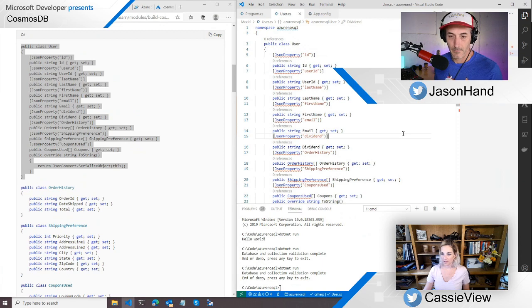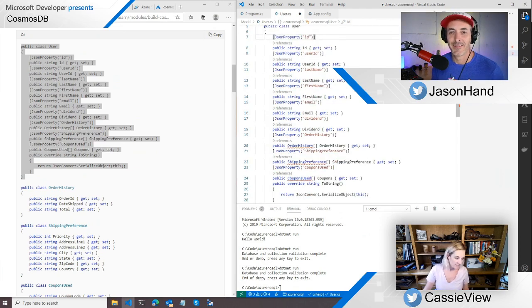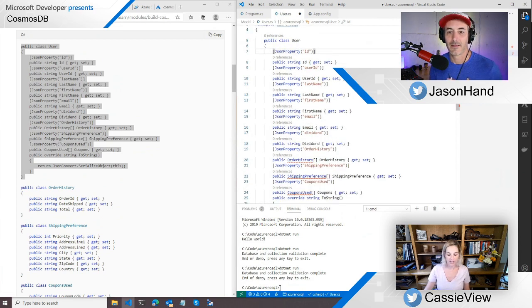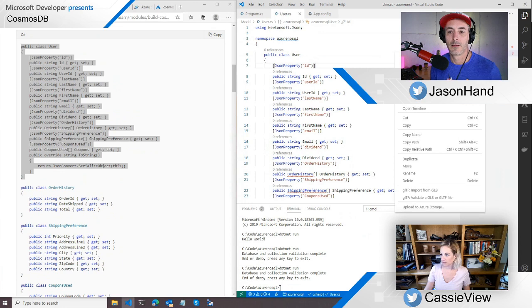So again, we need Newtonsoft. Oh, I need my shortcuts. Every time I have to click and click, it's just no. So these aren't happy because we still have to create these classes. Right now I'm just going through and creating the different classes that we're going to need to create our users. That's what I'm doing here. And there's a shortcut for duplicating too, but I don't know what it is.